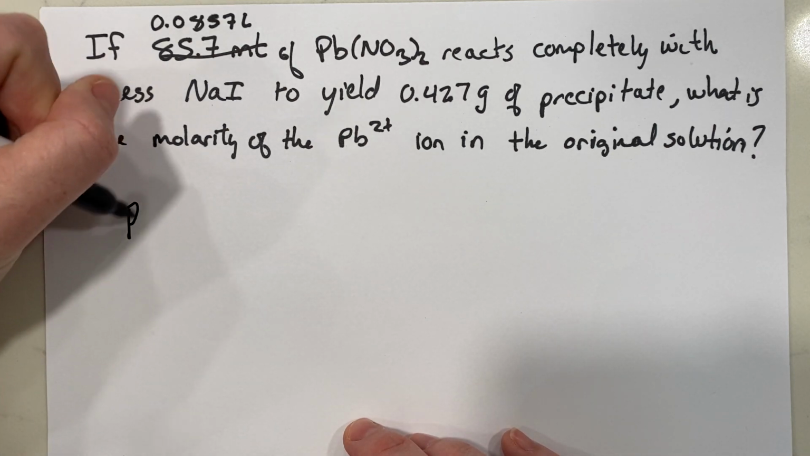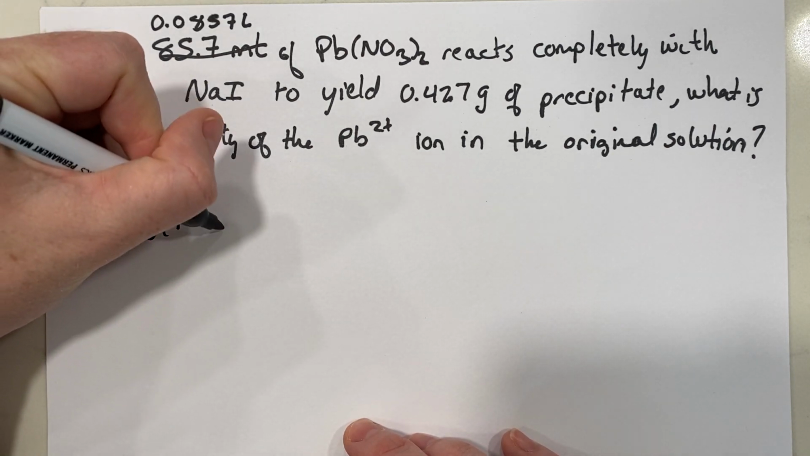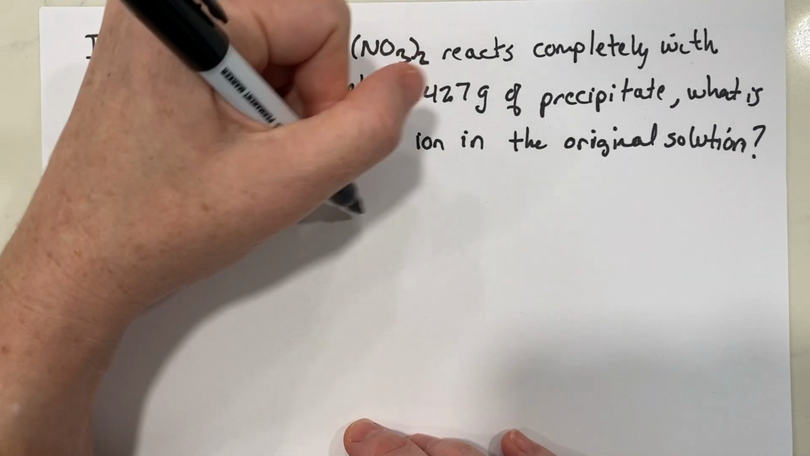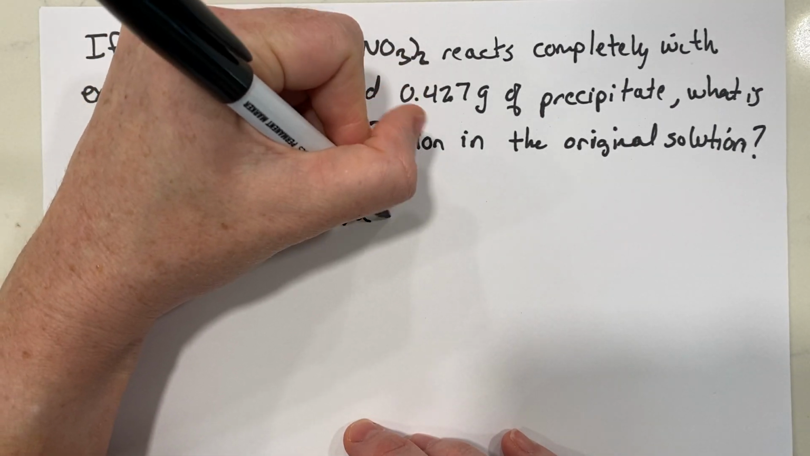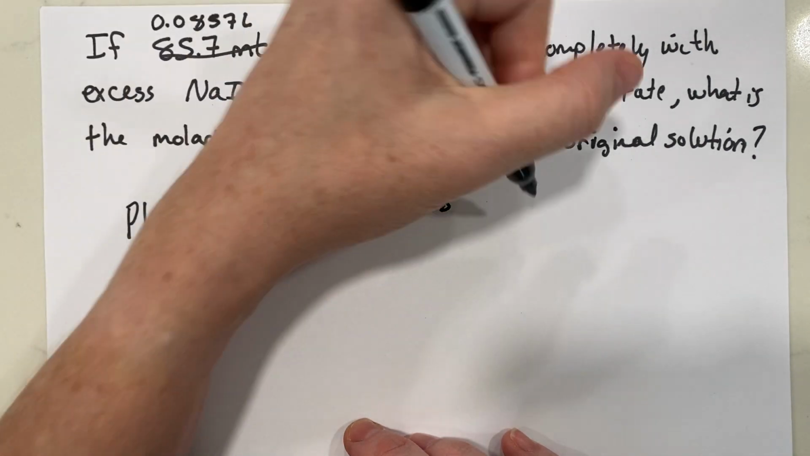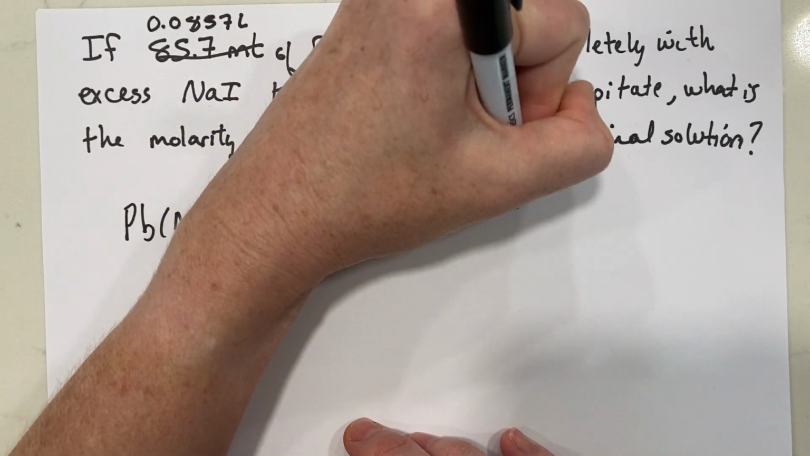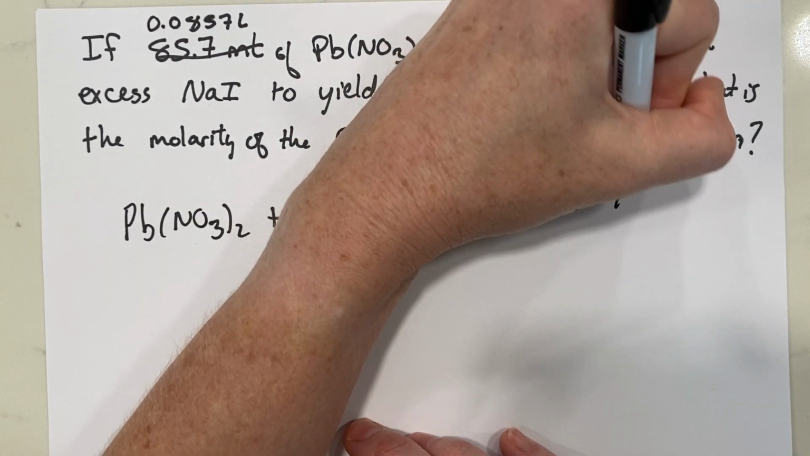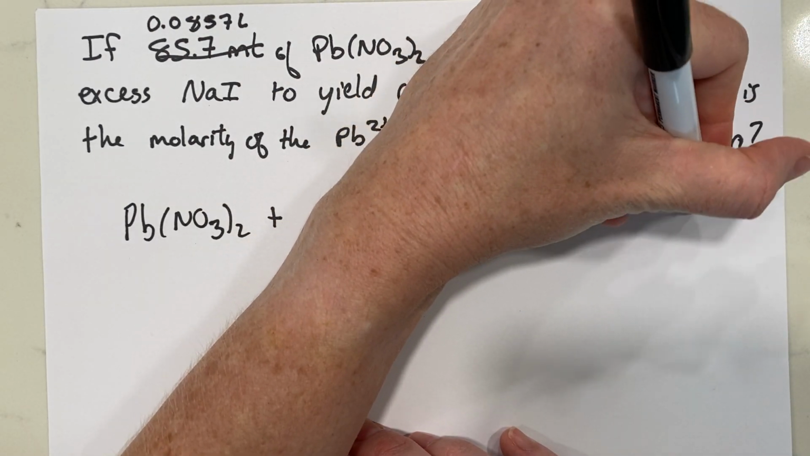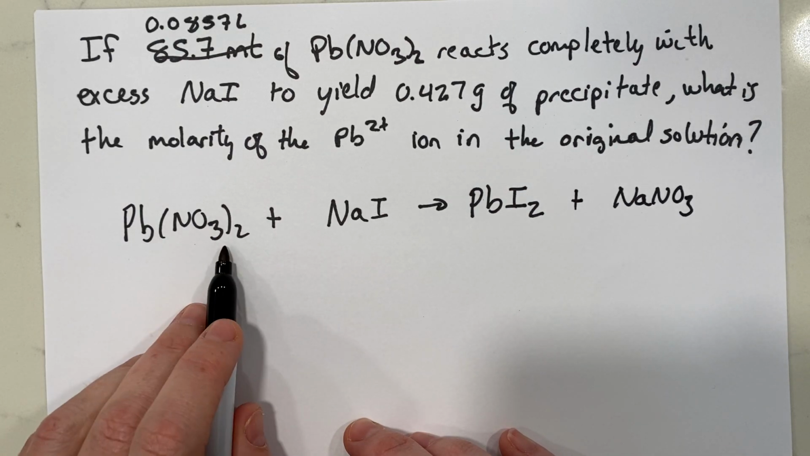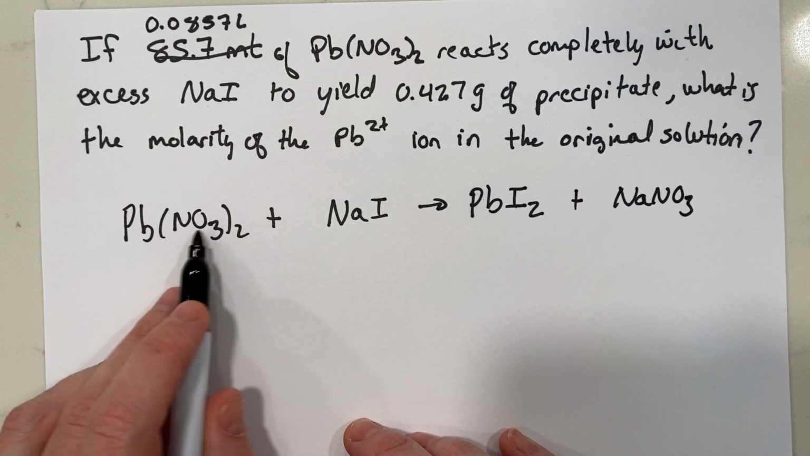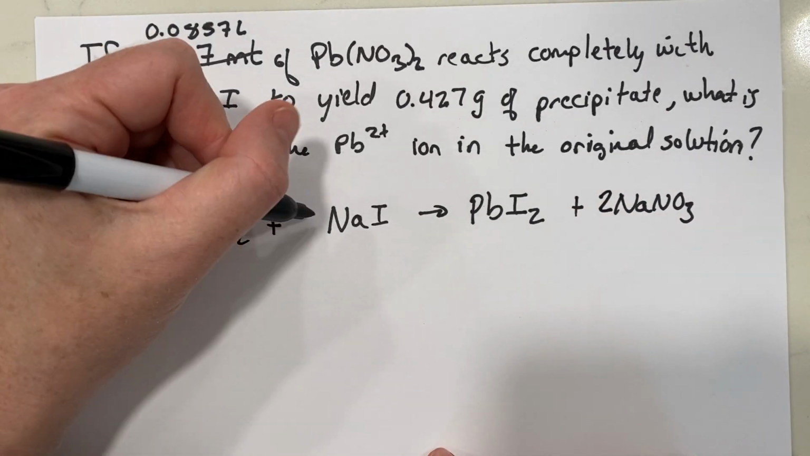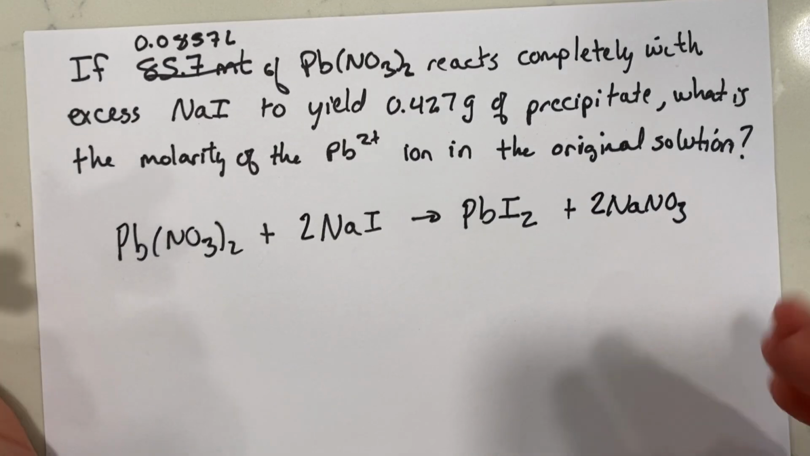We have lead-2 nitrate reacts with sodium iodide, and that's going to form lead-2 iodide because it's a double displacement reaction, and sodium nitrate. All right, so let's balance the reaction. Over here I have 2 nitrates, so I got to put 2 there. That changed the number of sodiums, so now I have to put a 2 there, and this reaction is now